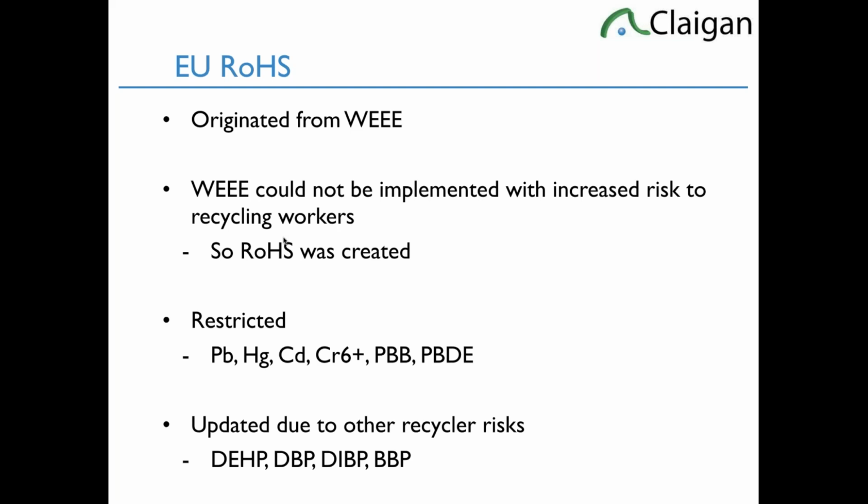This is where classification will kick in, and we'll talk about that in the next section. They're all category 1B, known to cause reproductive toxicity in animals. For a variety of reasons, they don't really let us test much on humans anymore. So because they posed a hazard to the recycling worker, they were added to RoHS. And they're kicking in at a variety of times between 2019 and 2021, depending on your products. And it's not because they pose a potential hazard to the user, it's all around the recycler and their